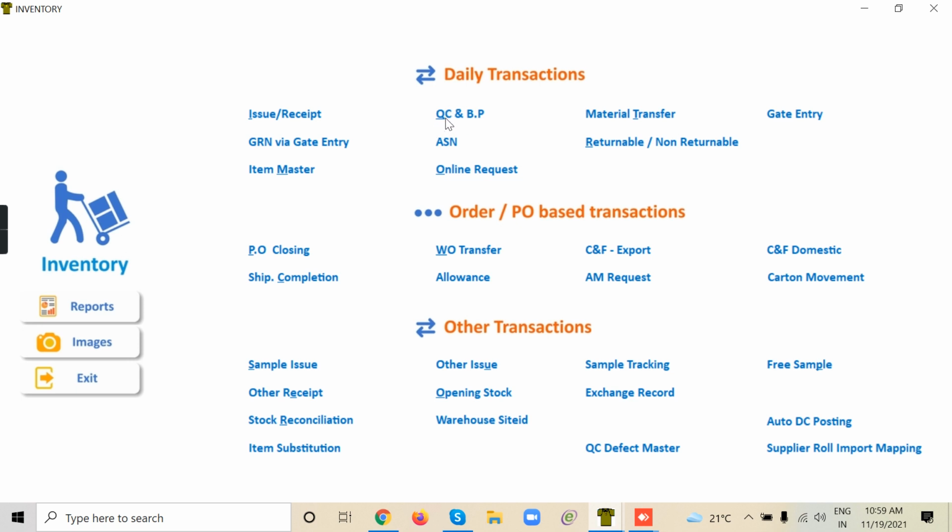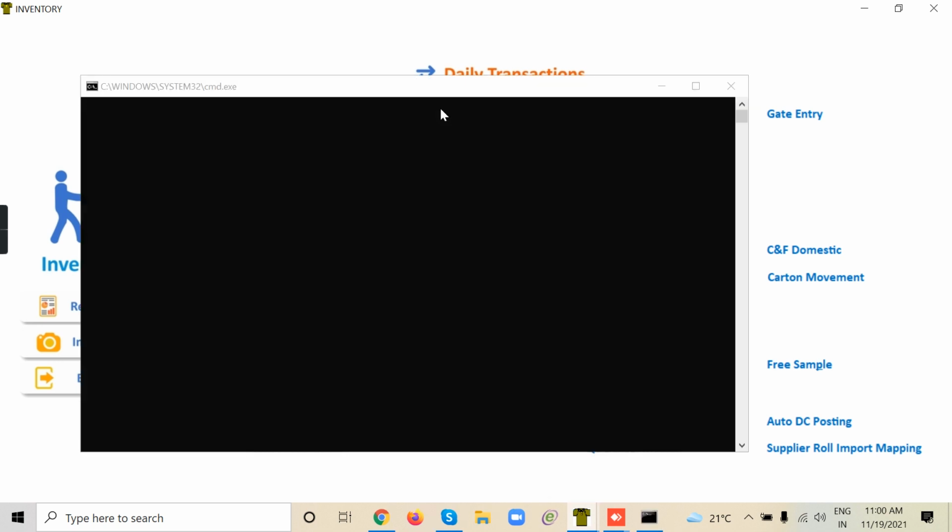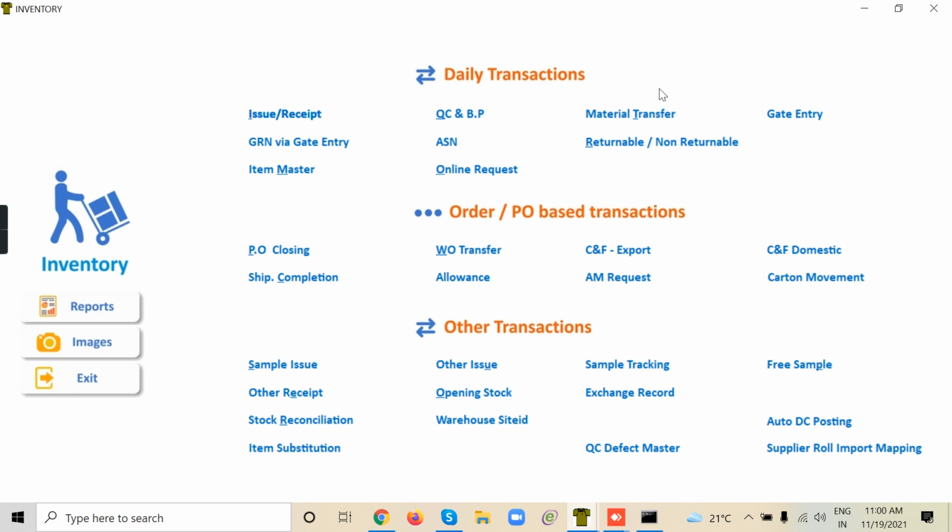A QC entry has to be passed, and whatever goods are marked as passed alone can be sent to the next process. There is one more category, seconds, that you can use. Seconds is neither passed nor rejected, but an acceptable quantity. You may have to debit the supplier and then use that material. That comes under quality control and bill passing.